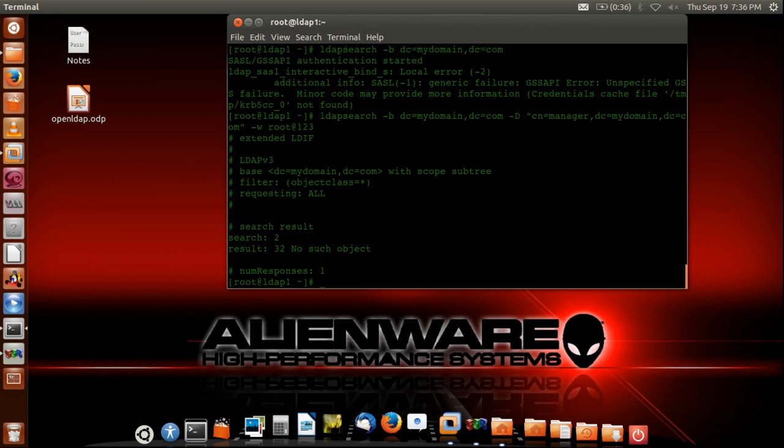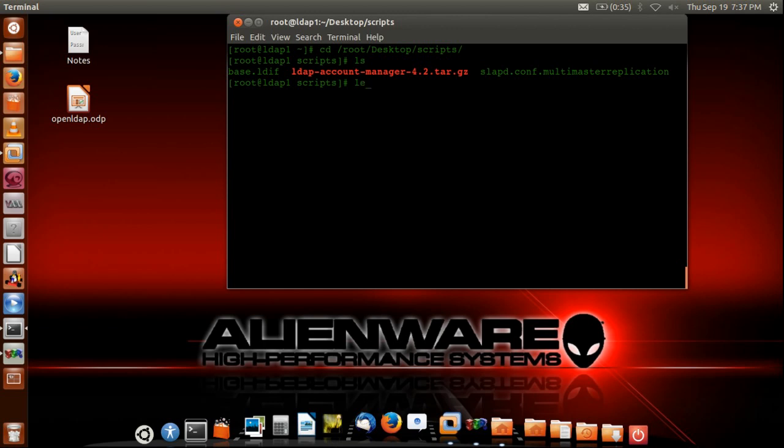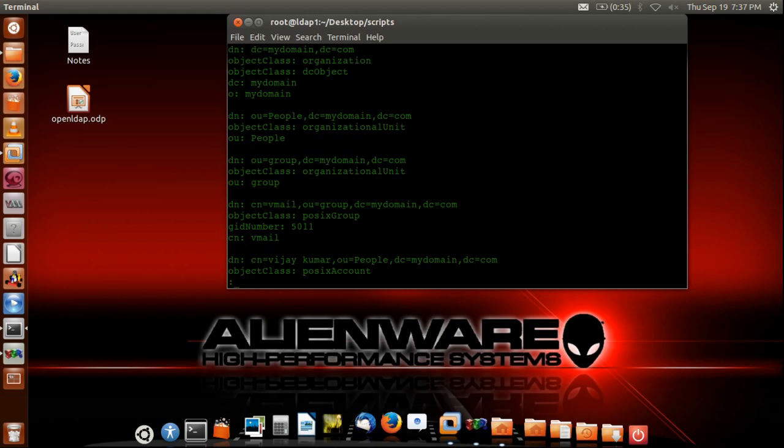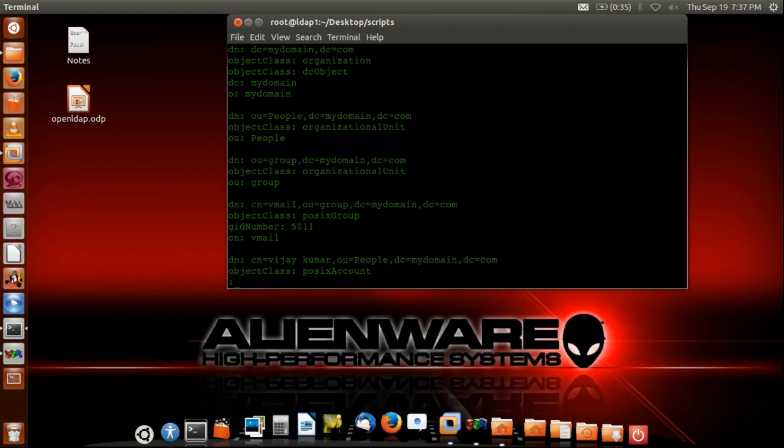So what I'll do, I'll create the base first. I have some files, base.ldif. Let me show you what it has inside. One more thing, friends, OpenLDAP always listens to everything through LDIF format. LDIF is the LDAP Data Interchange Format, which is a particular text formatted file in the form of this. You can see here. So every time whenever you need to add any object, or modify any object,